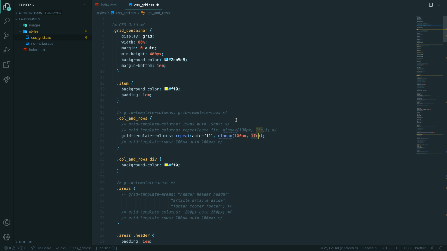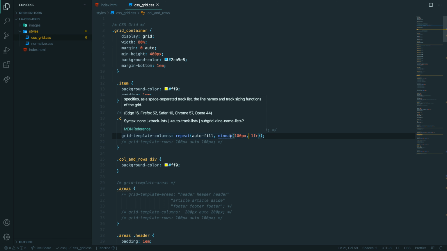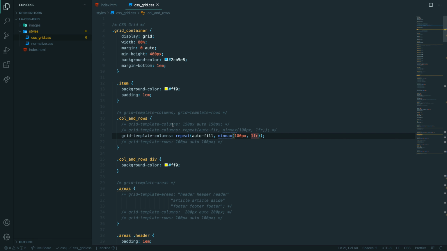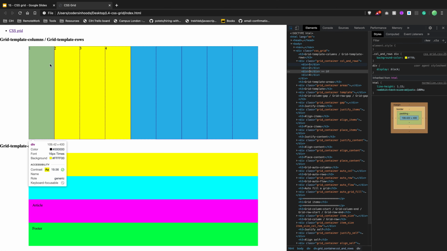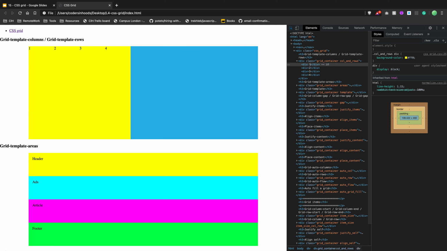You can add min max, which means it will be based on the content inside. For example, if I refresh, all of them have 100 pixels. But if I add to this one, I'm not actually tried it now, so I might be wrong,